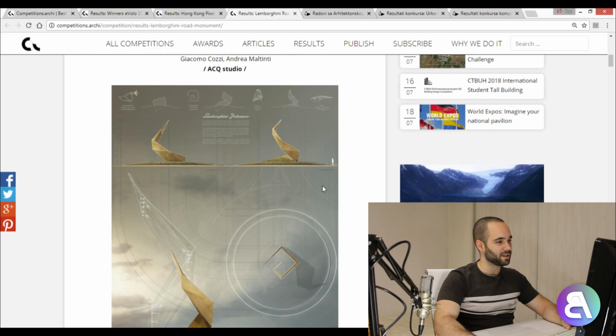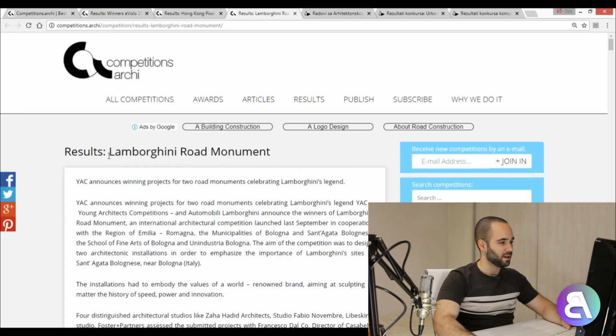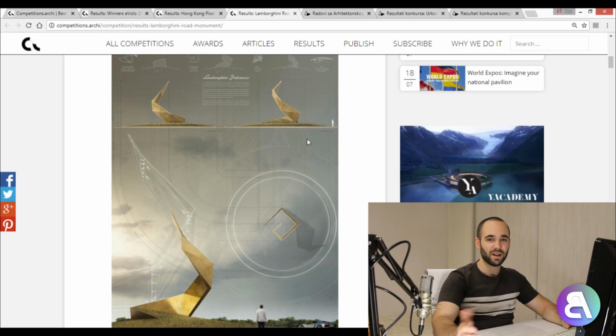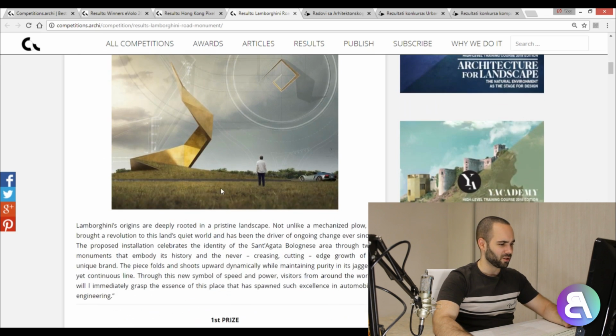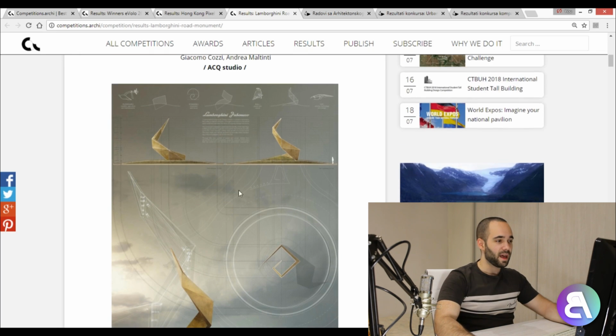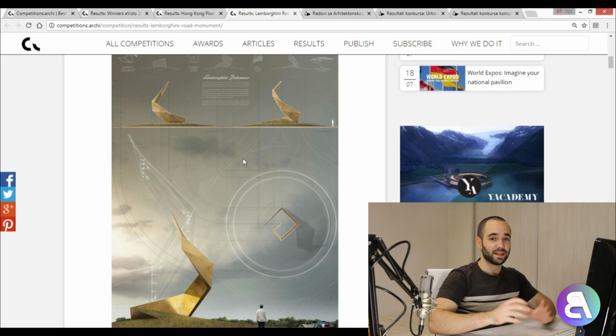Then we've got, this one's quite cool. I also found this Lamborghini Road Monument competition. Now this is an actual competition that can be built. I don't know, will the first prize be built? But anyway, when you've got competitions like this that can actually be built and you're building a monument, you're kind